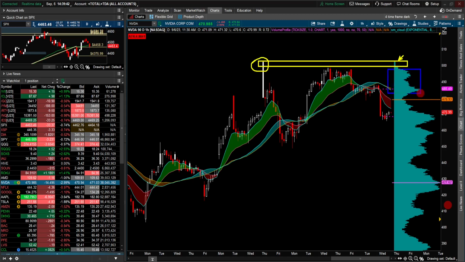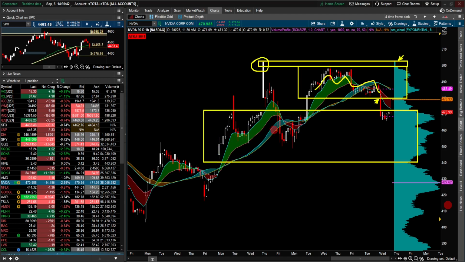We also noticed that there was this balance area here, and you see that it has been sort of trying to find acceptance here in the last week or so. Then today it broke down from this balance area. Now we are looking for a possible entry into this balance area here. Okay, so that's basically that 470, 440 area,